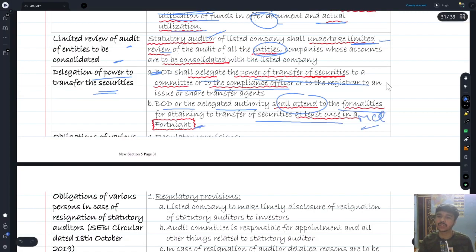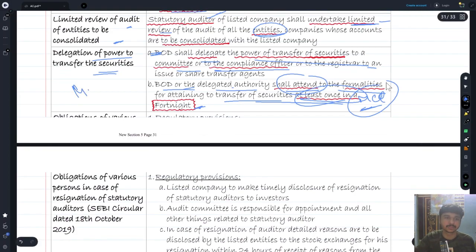This is an MCQ question: the board of directors or the delegated authority, whether it be the registrar to an issue or the share transfer agents, shall attend to the formalities for transfer of securities at least in how much period? At least once in a fortnight, that is a 14-day period. So at least once in 14 days, you have to look into matters related to the transfer